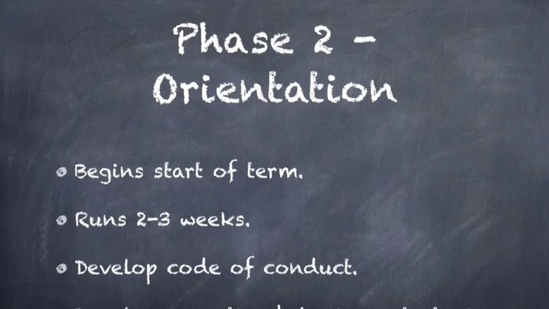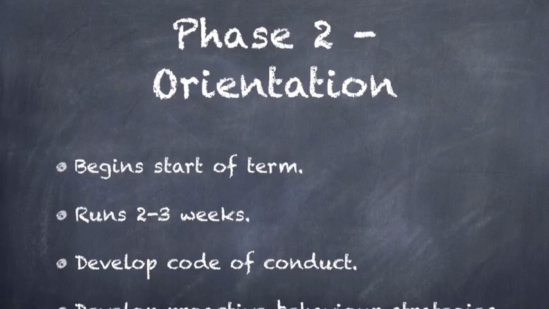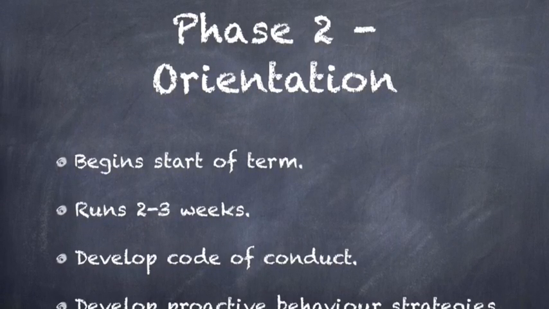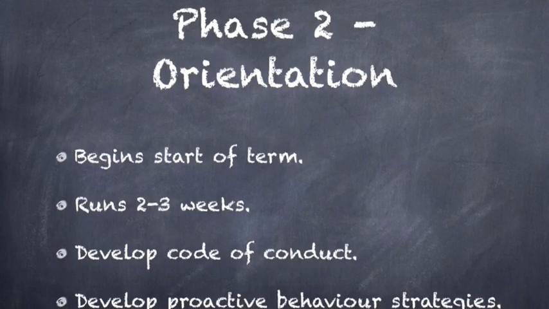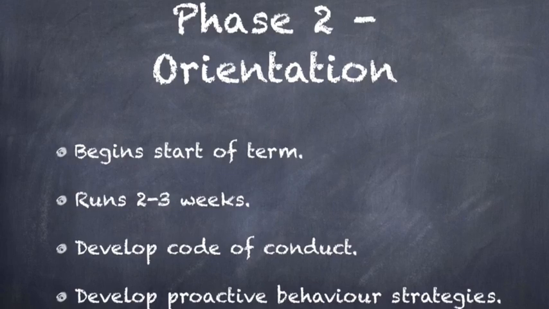term and extends for 2 to 3 weeks. Firstly, a code of conduct is developed with input from all students, with a focus on the ODD student. This code must be clear and straightforward, with as few individual rules as possible. This allows the student to take some sense of ownership in these rules and promotes the notion that they belong